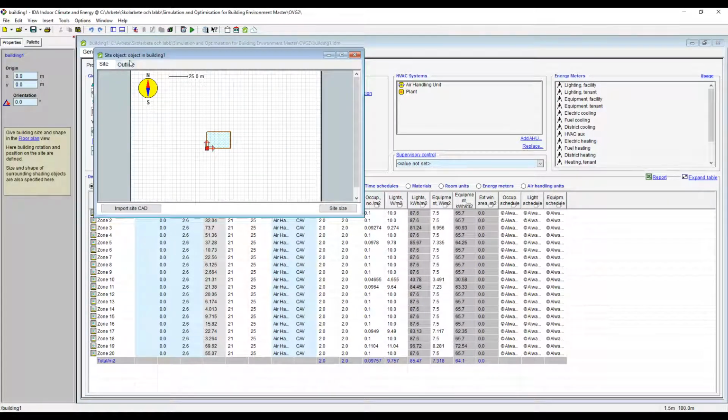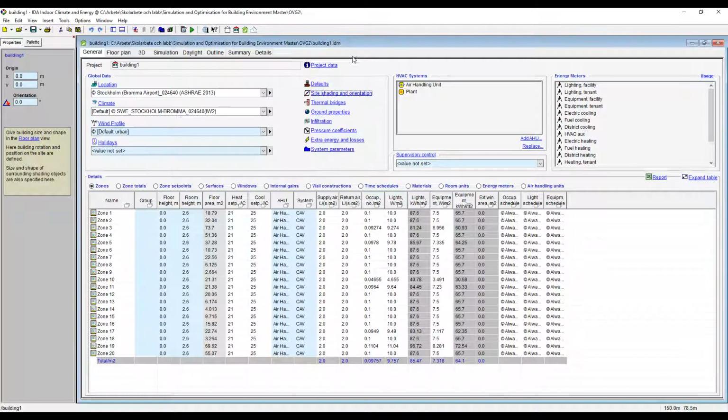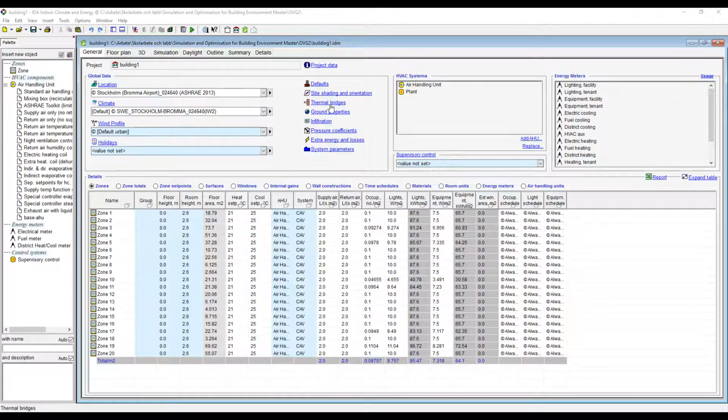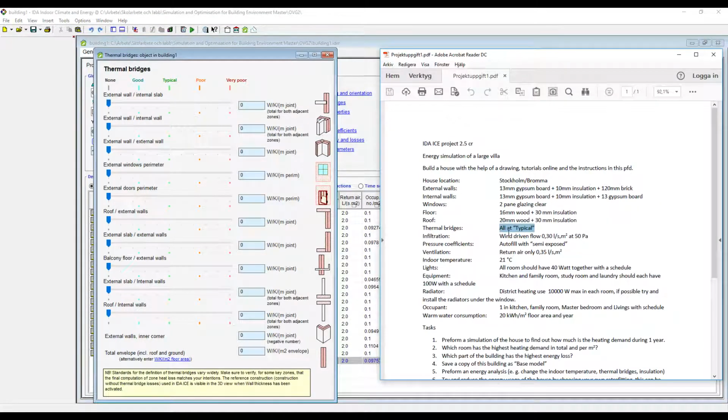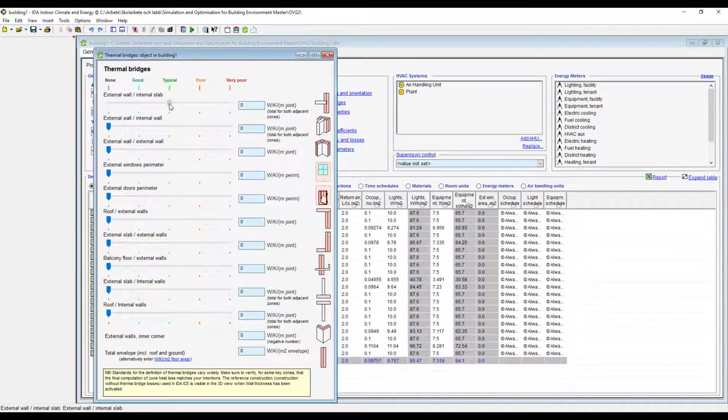The site object should not change anything, because for this project we don't have any direction that the building is facing, so we just leave it as is. The next one is thermal bridges, and as you can see, thermal bridges should be set to all at typical. So we have none, good, typical, poor, and very poor. These are the different levels that we have. So for this case, we're going to set all the settings at typical,